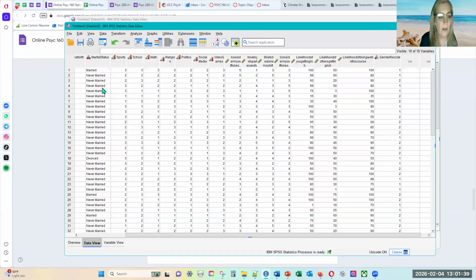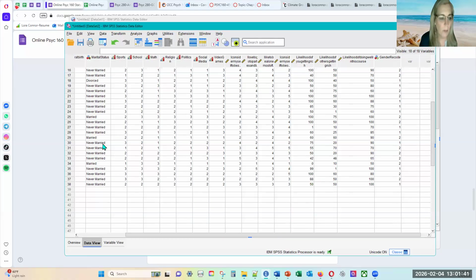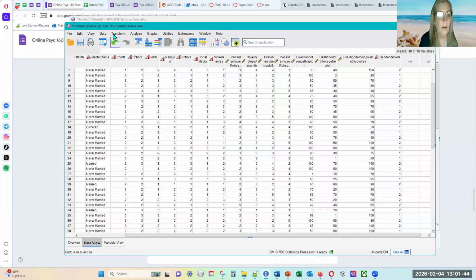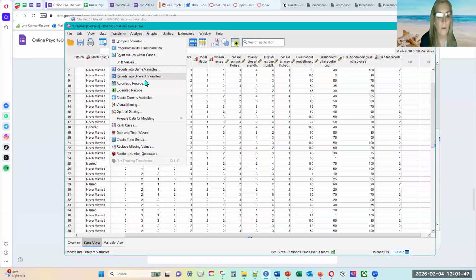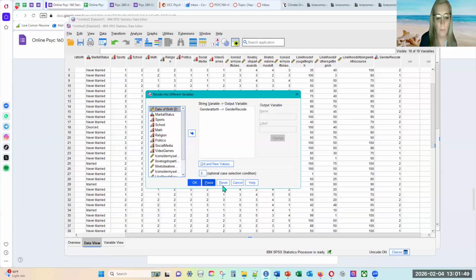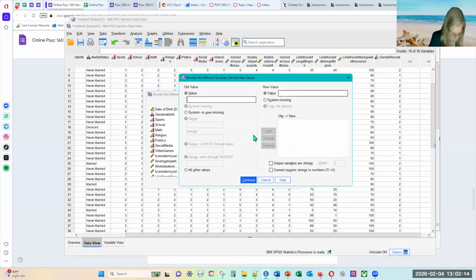And I also want to do that for my marital status for never married, married, divorced. All right, so we're going to go to transform, recode into different variables. And I'm going to reset, and I'm going to put marital status in there. And I'm going to put the label. So marital status recode, one with and one without the spaces, hit change, click old and new,